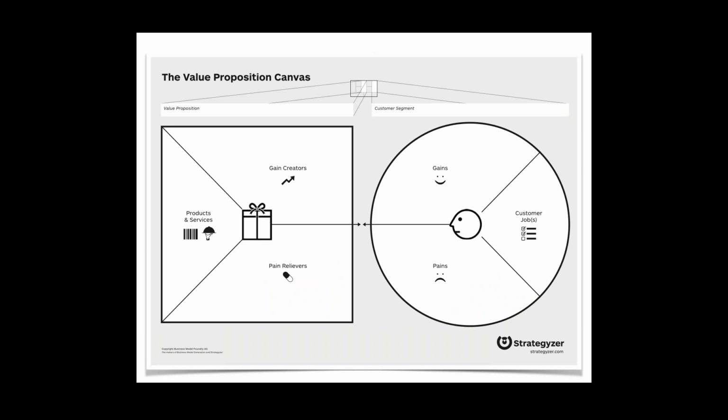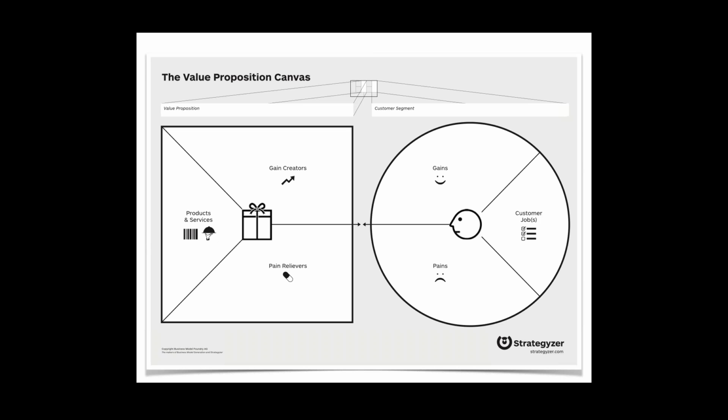On the right-hand side, when we observe the customer segment, we want to understand the jobs that customers are trying to get done, whether that's in their daily life or in their work life. It doesn't matter, but your customer has certain jobs that they're trying to get done, whether those be functional jobs or emotional jobs or social jobs. They're trying to get a job done in their life. And in trying to get those jobs done, they encounter certain pains just to the left and down from the jobs building block. They encounter certain pains with getting those jobs done,